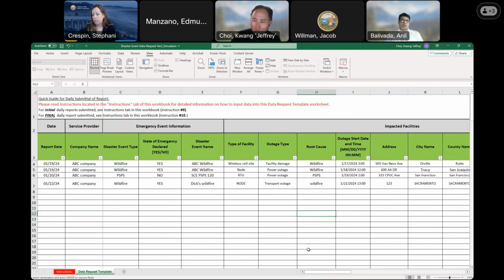You can shoot the question immediately over email, serviceresiliency@cpuc.ca.gov, and one of us can pick that question up and definitely respond back to you. And if you don't hear back, don't hesitate to give us a call. You should have our numbers, and we can definitely help walk you through anything you need to know about the template.